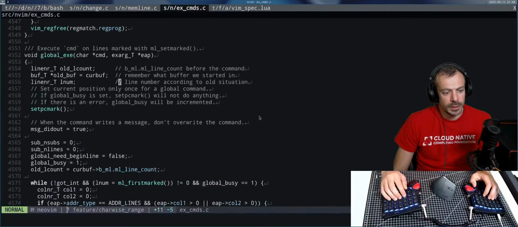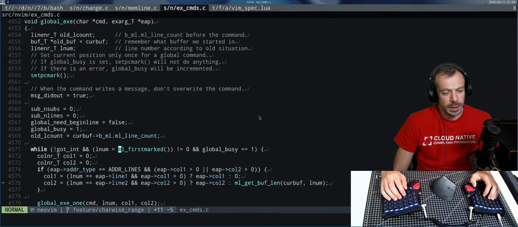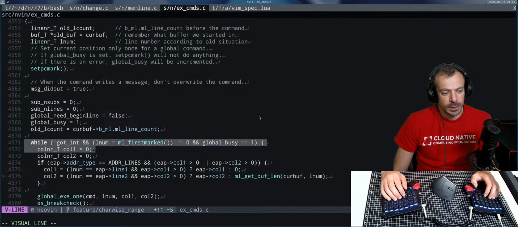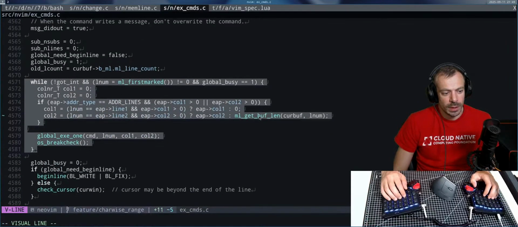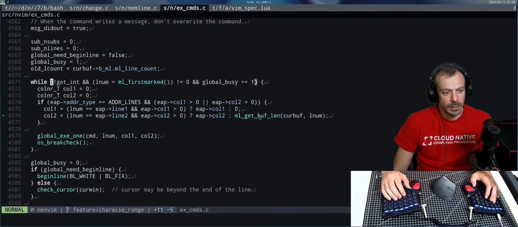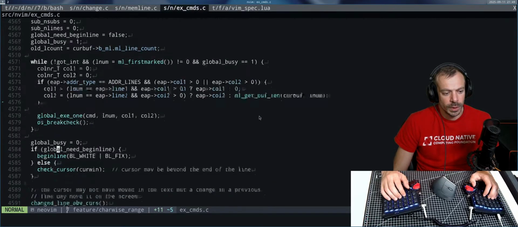Maybe it's kind of a cleanup function then, in case we don't run this while loop. There are more checks here. If the global is busy, and